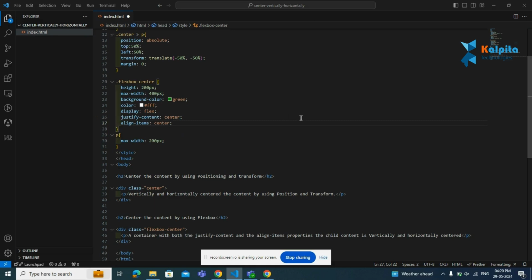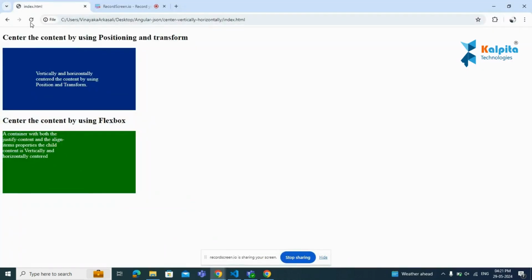After that, align-items center. The justify-content will make it center on the x-axis, and align-items will make it center on the y-axis. We'll refresh the page and see that. Yes,